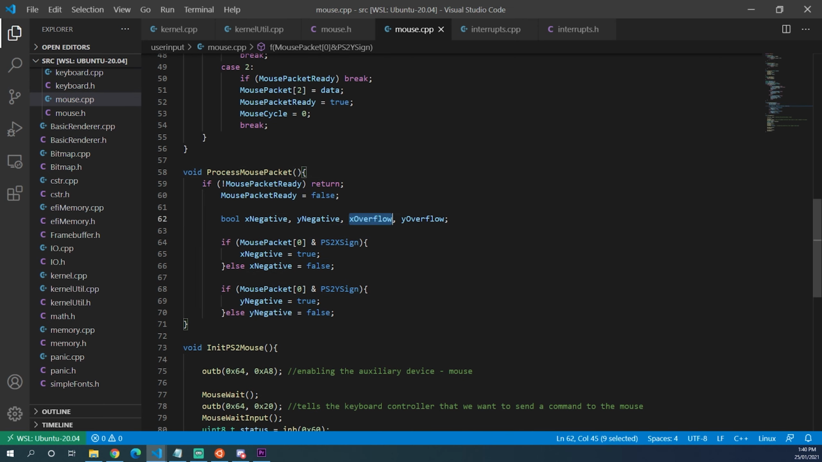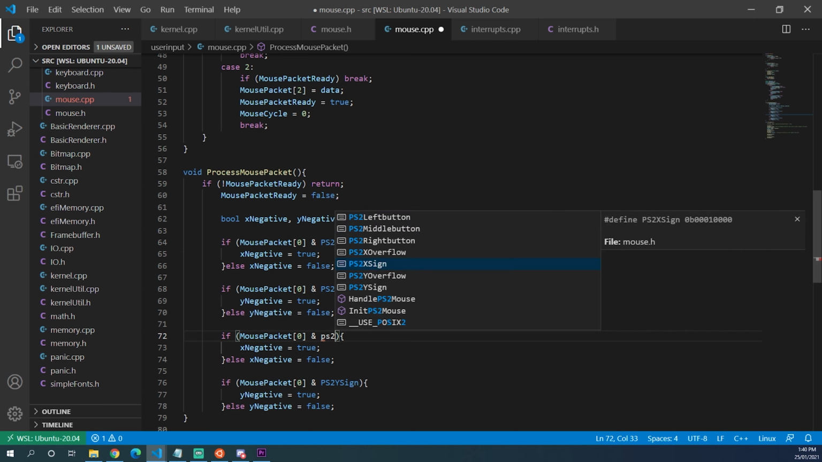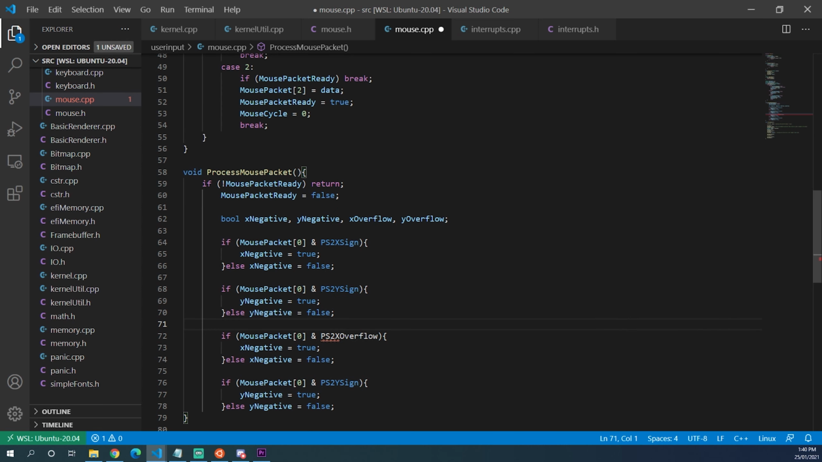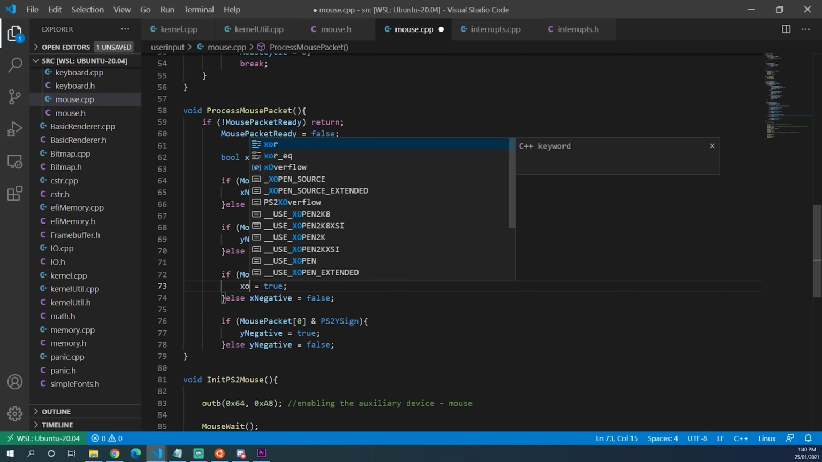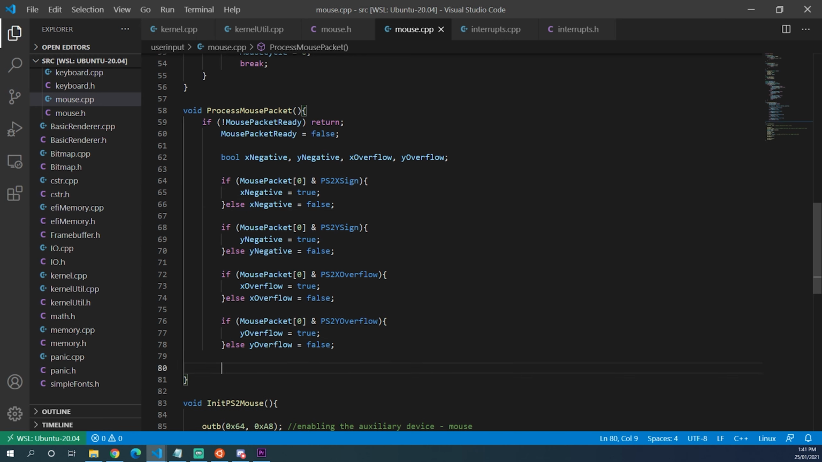Now we can do the same with the x overflow and the y overflow. If the PS2 x overflow is true, then x overflow equals true, otherwise it equals false. And if the y overflow, then y overflow equals true, otherwise y overflow equals false. Alright, now we can start moving around the mouse position using the values contained in the second and third byte